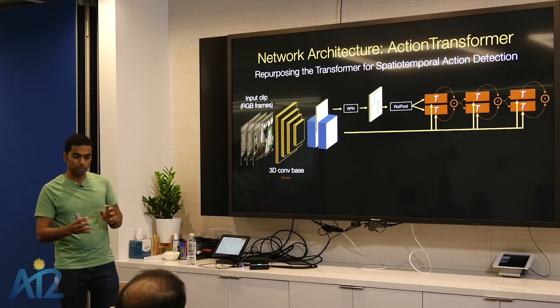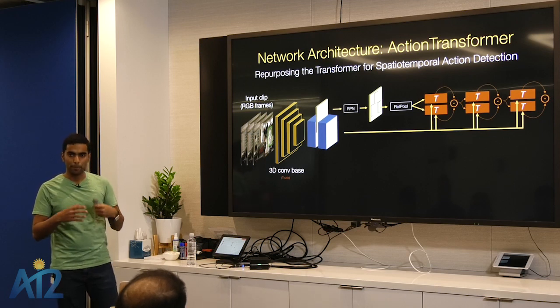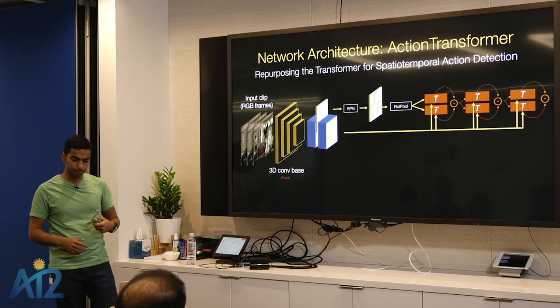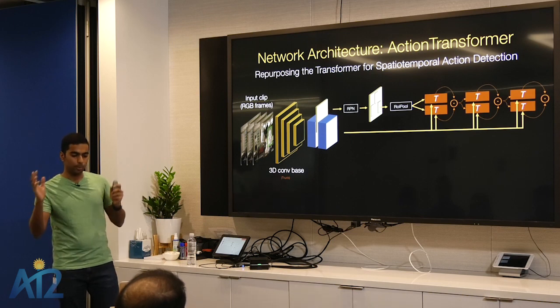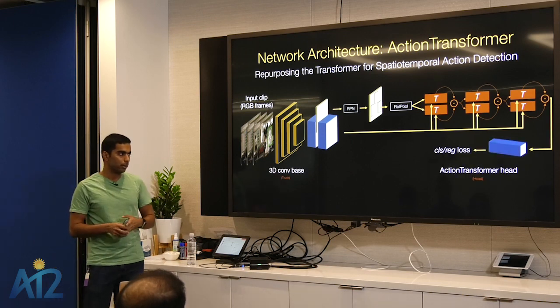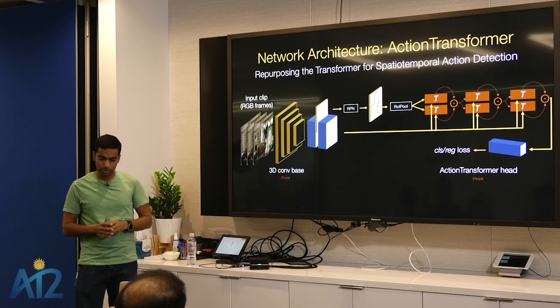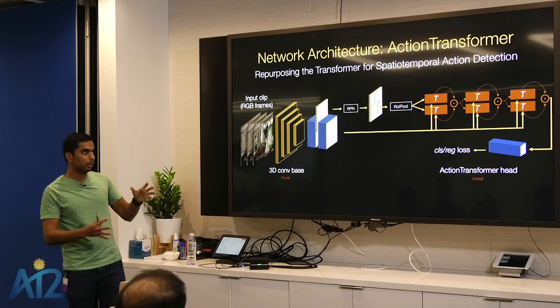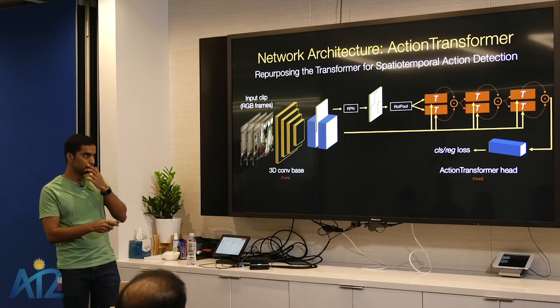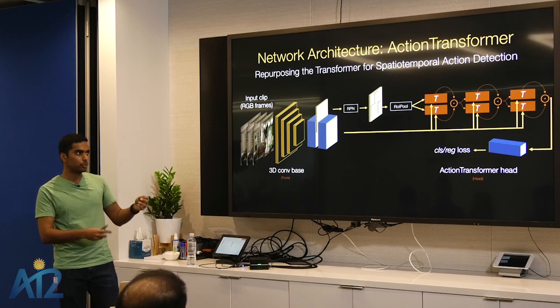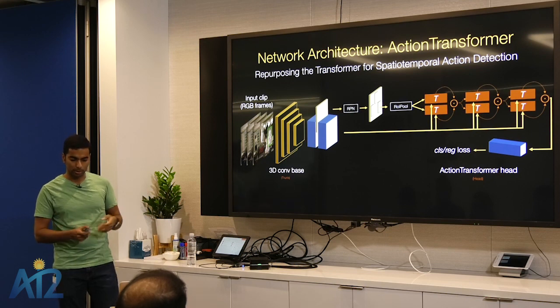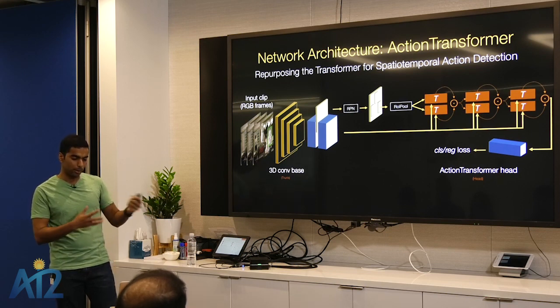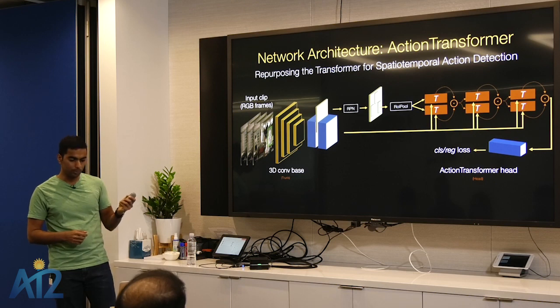Again, this is very similar to the way original transformers are implemented. Each of these layers can be thought of as learning different ways of doing attention over the original features. And once you have the final updated representation, we can pass it through, again, a classification and regression loss, same as Faster RCNN. And this is our new architecture. What has changed is that instead of the 3D convolutional head, now we have this transformer head, which we call action transformer. And now we'll experiment with that.